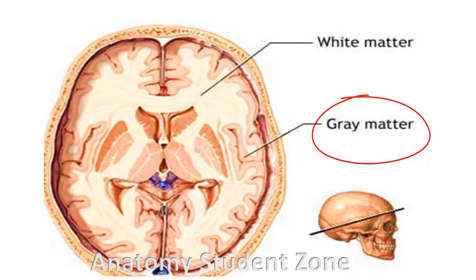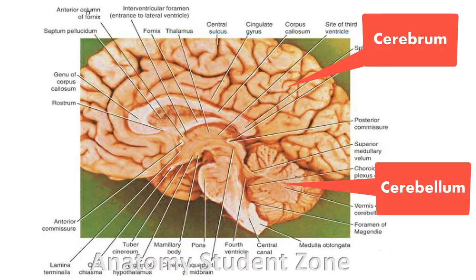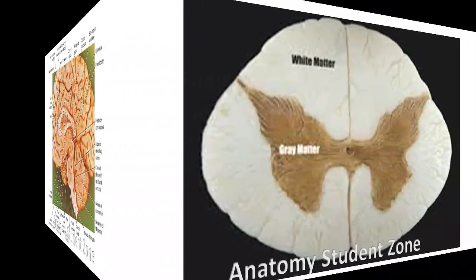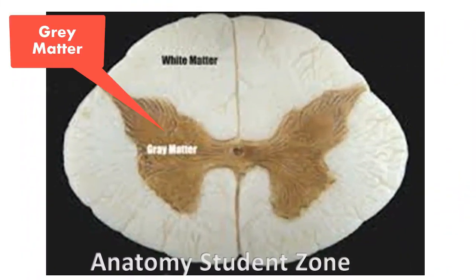This brain tissue that we name gray matter is abundant in the cerebellum, cerebrum and the brain stem. Whenever you go through sections of the cerebrum, cerebellum and the brain stem, you will observe gray matter in these regions. In the spinal cord, it also forms the butterfly-shaped portion of the central spinal cord, which is also made up of gray matter, that we will see later on.